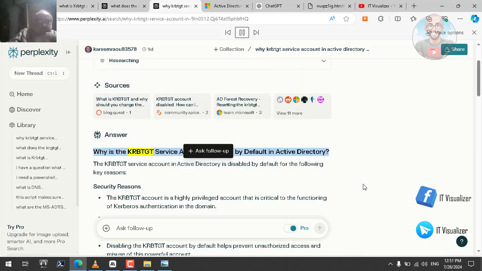Why is the KRBTGT service account disabled by default in Active Directory? The KRBTGT service account in Active Directory is disabled by default for the following key reasons. Security reasons. The KRBTGT account is a highly privileged account that is